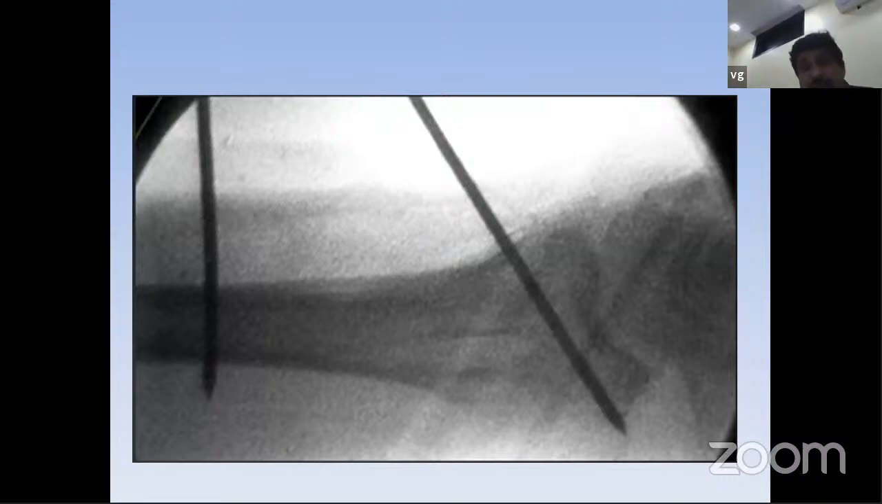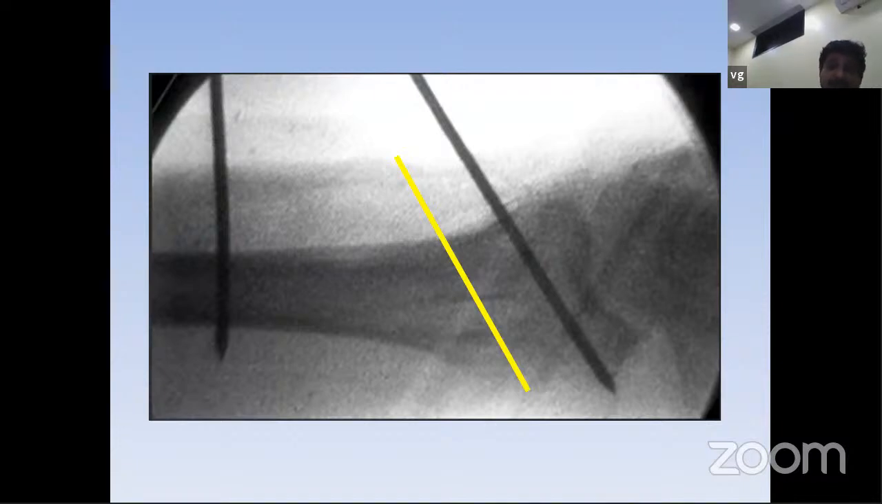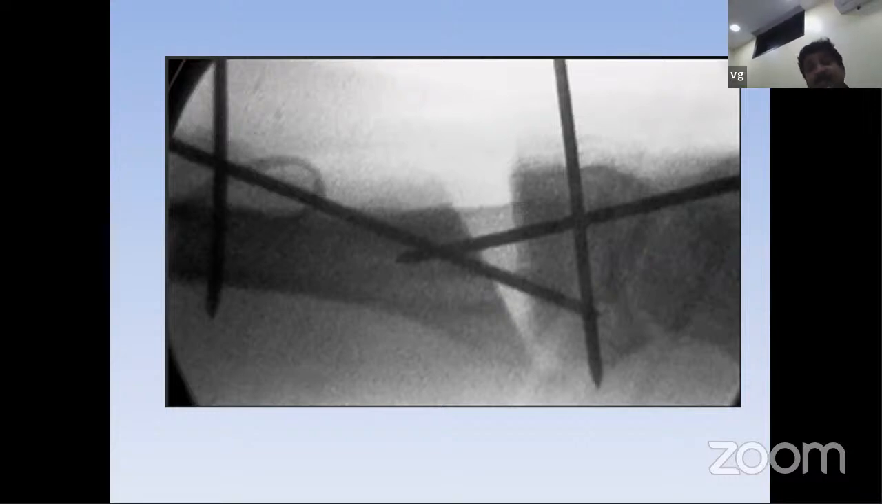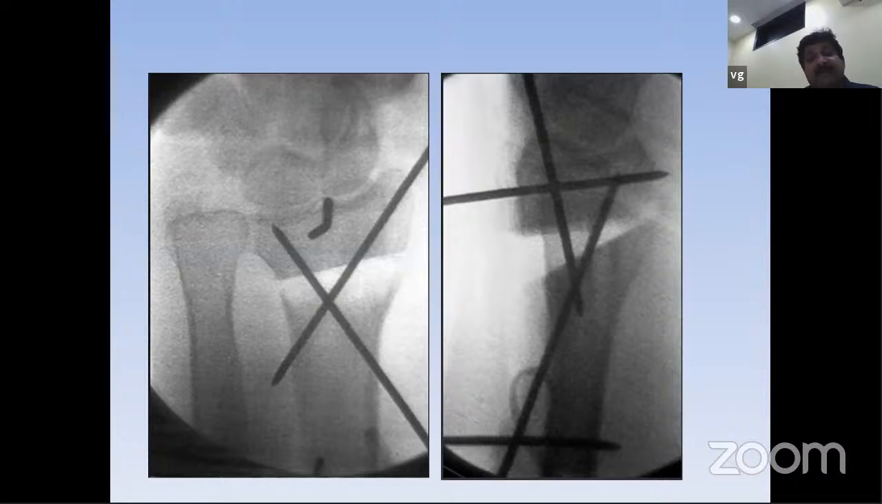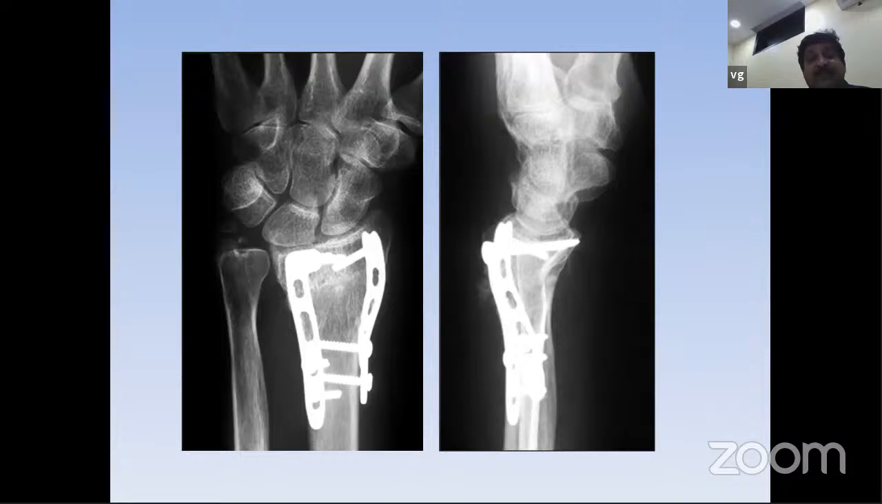So the first thing you do, just like any other osteotomy, you pass your wire just subarticular, and then parallel to that, you do the osteotomy. That distal wire acts as a joystick, you open the wedge dorsally, and you can fix the osteotomy with cross wires. And when you're happy with the osteotomy in AP and lateral views, then you can fix it with the